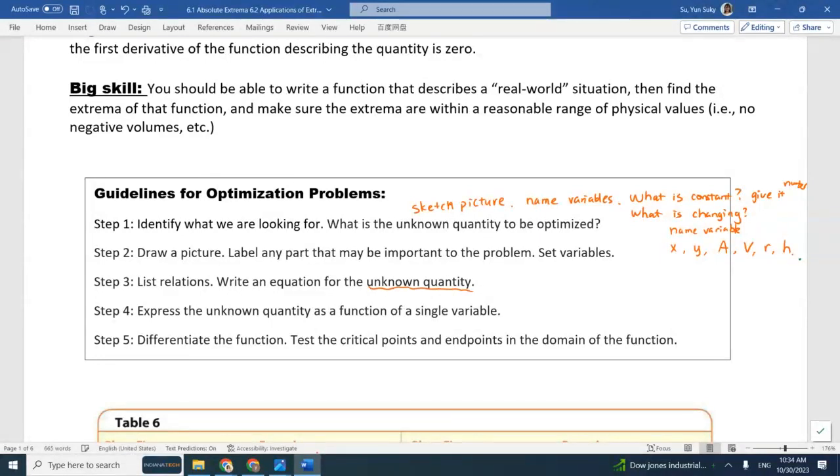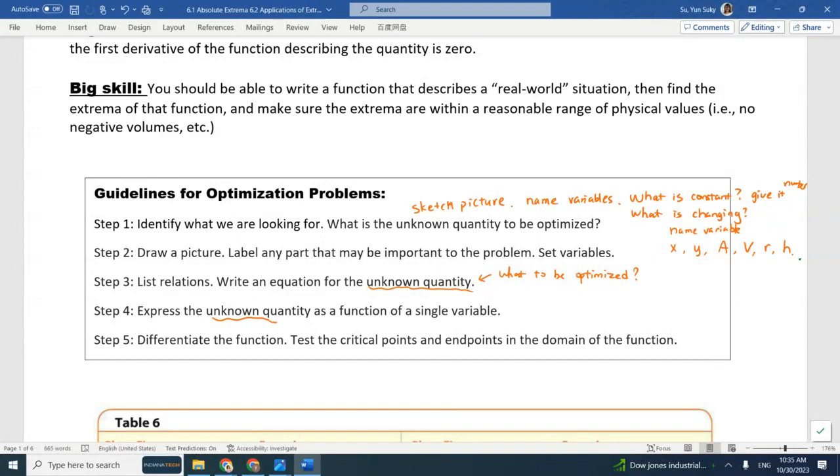That unknown quantity is what is to be optimized, whether you want to minimize the cost or maximize the area or volume. Because we talk about how to find maximum and minimum, you want to take the derivative of this unknown quantity,